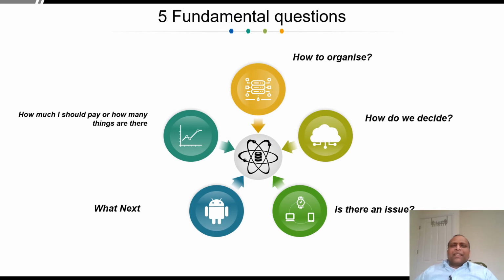So what is data science about? Data science is all about 5 different questions. How do I organize the data in groups? How do we decide on something? Is there an issue? Is there a problem? Is there somebody doing something nonsense about my data? What next? And